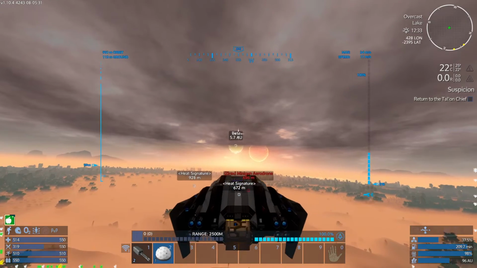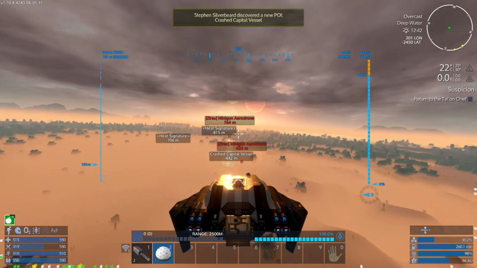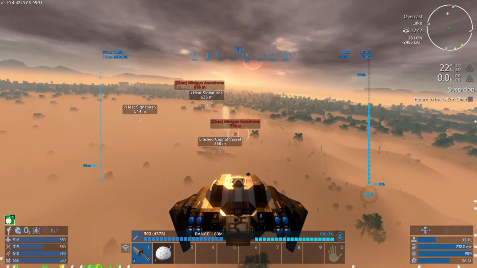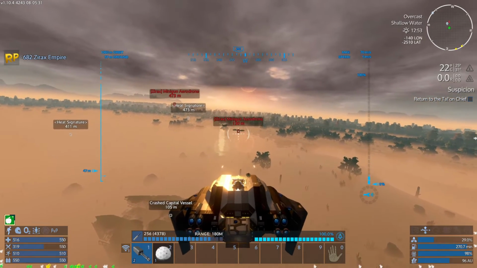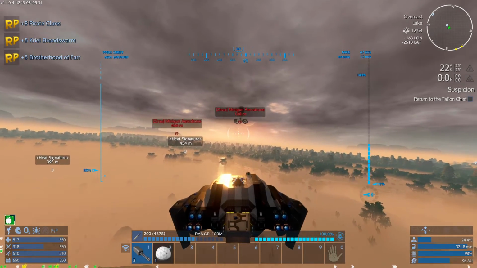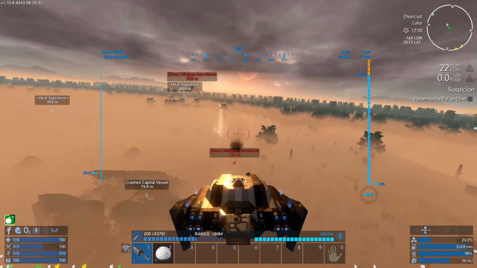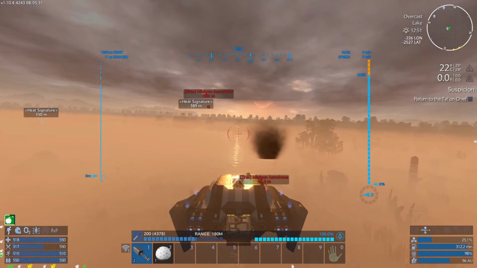There's a minigun defending it, that's okay. We can crash... that's a crashed capital vessel, that's pretty cool. Reload. Warning, dread detected. So we've got some crashed capital vessels here. There's one down. I think I can get in and snag this guy very, very quickly. See if we can get...